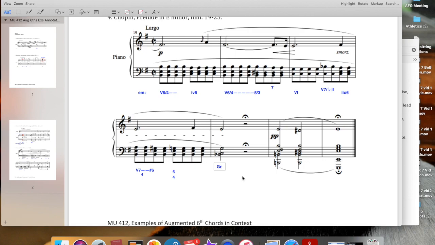And when the sharp 4, or in this case spelled as flat 5, is in the bass, then we actually call it the German 7. I know that that's confusing. The spelling in this one is particularly strange, but I want you to know that that's something that you may encounter in actual music. Followed by something a little more familiar, what looks like a cadential chord, except